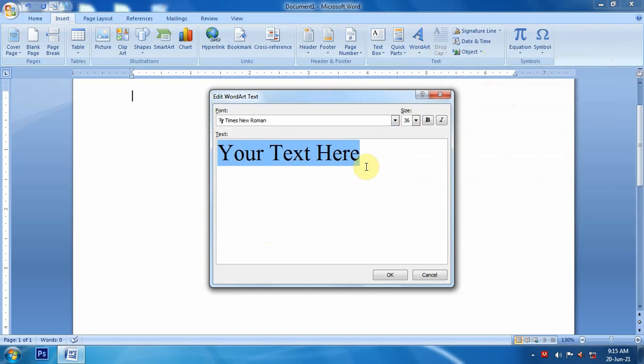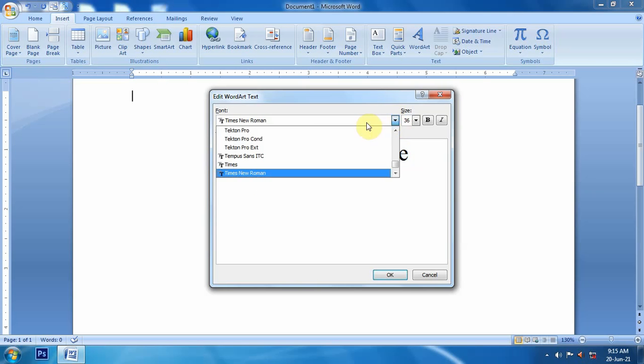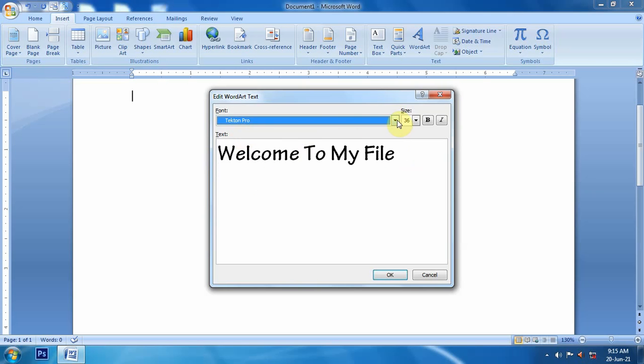Now here we have to write the text on which we want to apply this WordArt, or text that we want to style, like this: welcome to my file. Now we can do some editing or formatting on this text, like we can change its font like this.